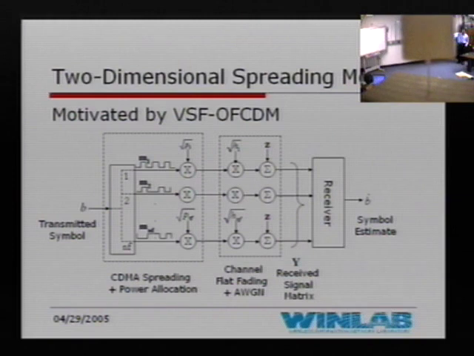Since we assume that the channel is the same within each subcarrier, along each subcarrier all these NT chips are multiplied with the channel gain H, which could potentially be a distributed root of H, and there is some additive noise. So for one symbol transmitted, I have a whole receive matrix, and the receiver does some processing to get a symbol estimate. Note that these H's are IID across subcarriers, which came from a previous assumption that the coherence bandwidth was greater than the subcarrier spacing.